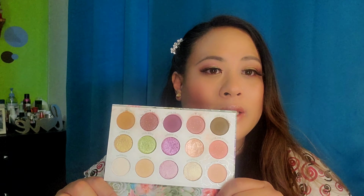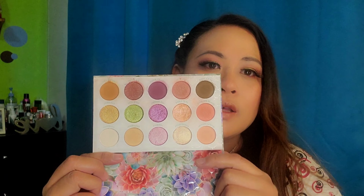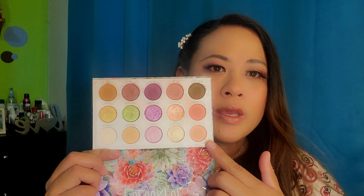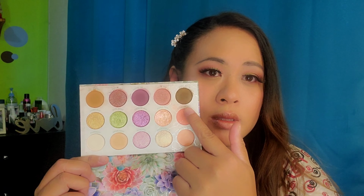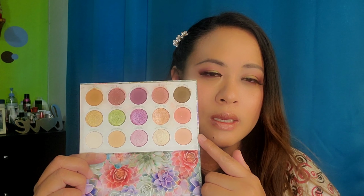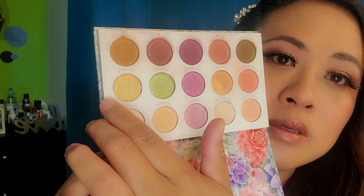But with the formulation, the formula is good. The formula is very blendable and creamy and very pigmented. So yeah, I didn't have a hard time blending all the colors of this palette, and I am so loving the color story of this. You can create matte colors, neutral colors using this, or some corally shade, or deeper purples with a pop of green. And also I like this shade, the golden one. So yeah, you can create lots of